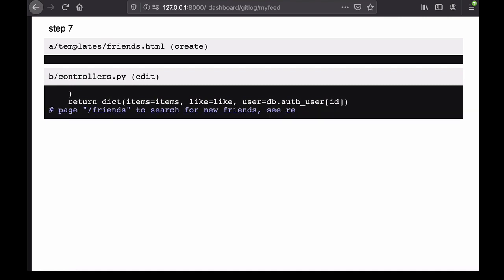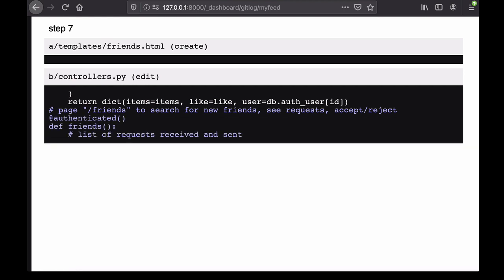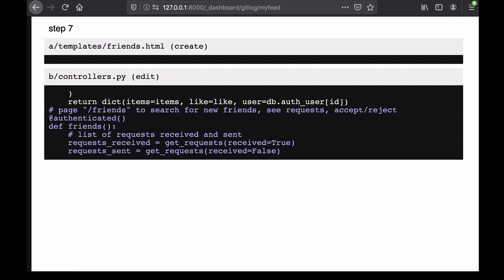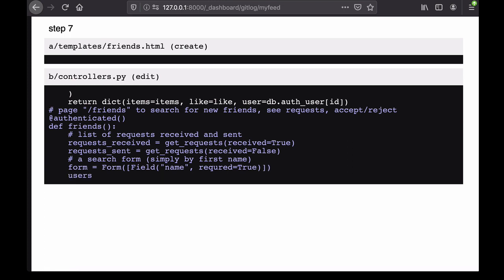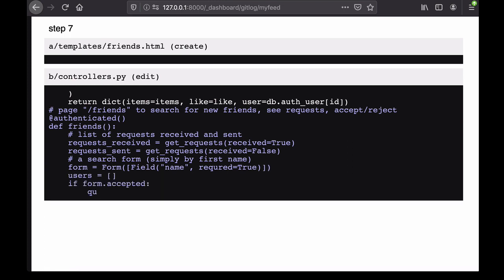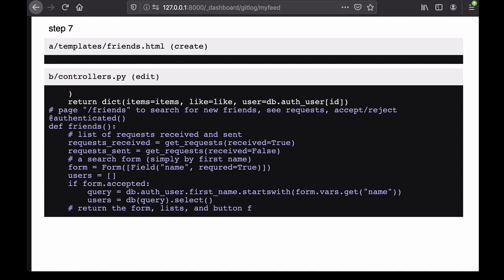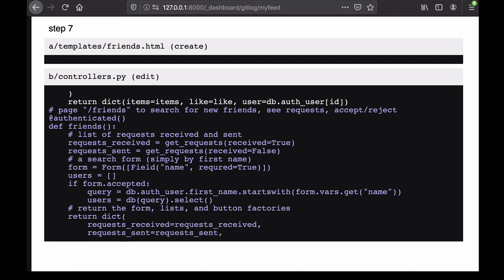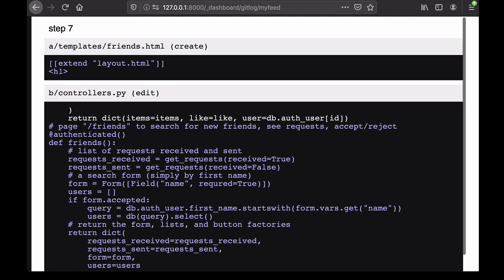We need a new page called Friends to manage our friends, to send requests, accept, or reject them. So we make our page Friends. We get all received requests and all sent requests using the function getRequest, which we created before. We insert a form to search for friends, and if the form is submitted and accepted, we search all people in the system that have a first name that matches our query, so we can eventually submit a friend request. We return all the requests we have received, all those we have sent, the form, and the list of users that match our search. We create a view for this,